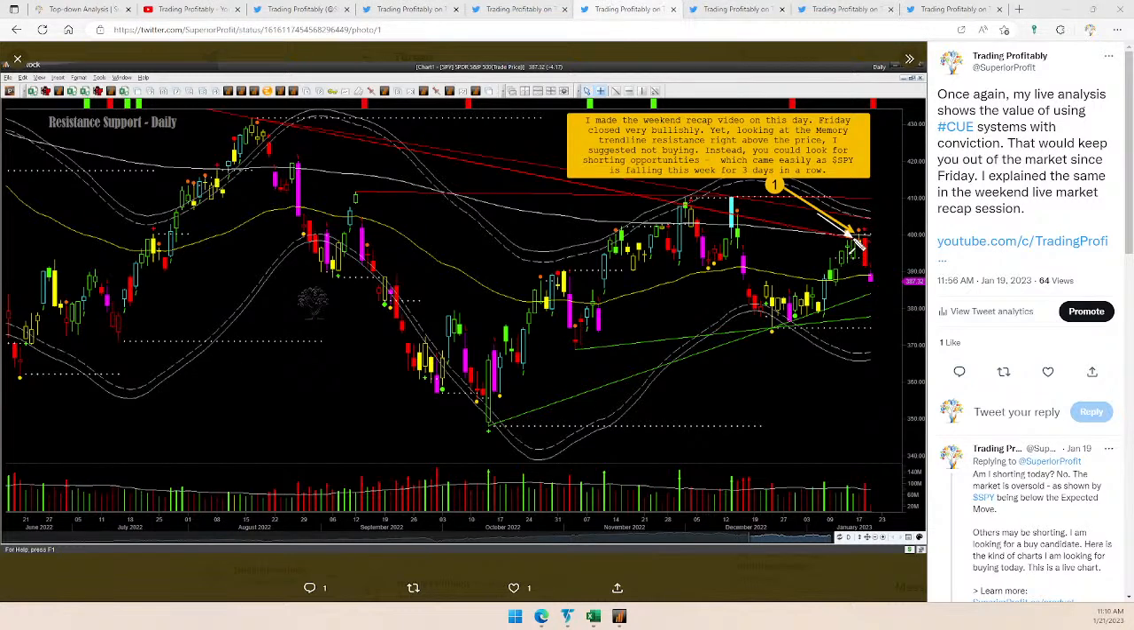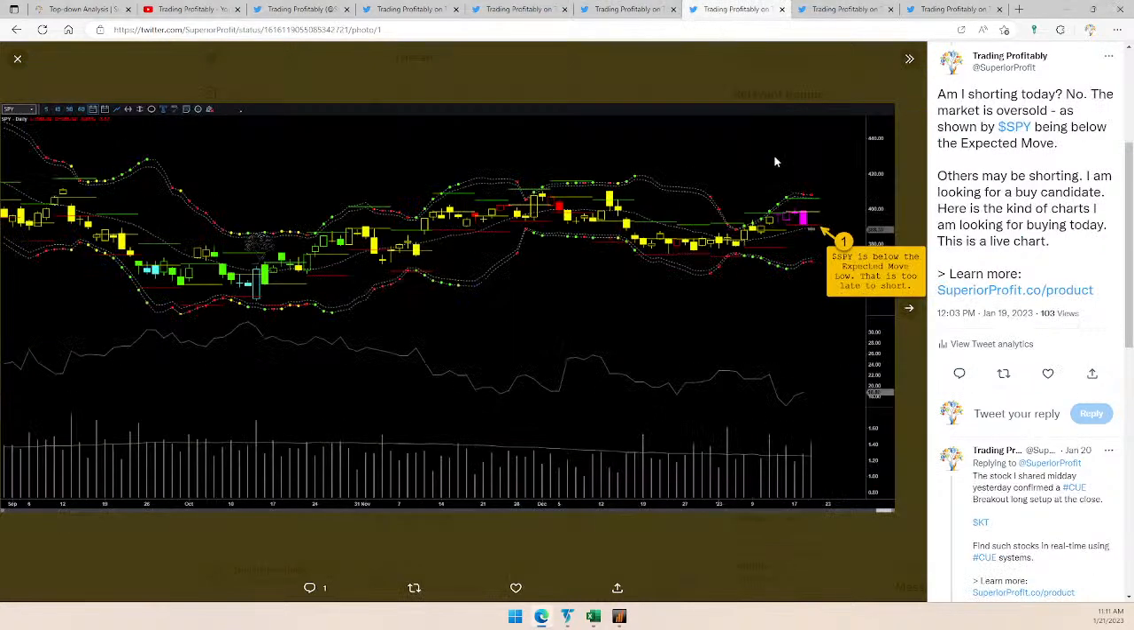On Friday, 1 week ago, many people turned bullish and I decided not to buy. On Thursday, many people turned bearish and I decided not to short. Did I share that publicly? Let's see another tweet. This tweet, by the way, was on Jan 19th, that is Thursday, when it fell heavily. On the same day, January 19th, Thursday, when many people were turning bearish, I showed